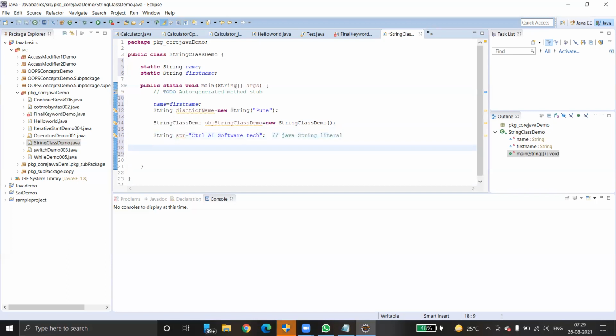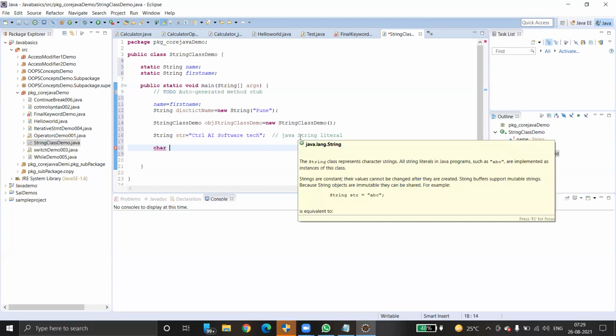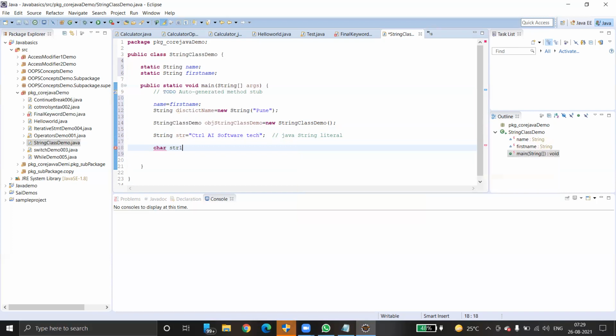So what's next actually? I just want to create a character array. I can give any name, say str1. Yeah, this is an array.